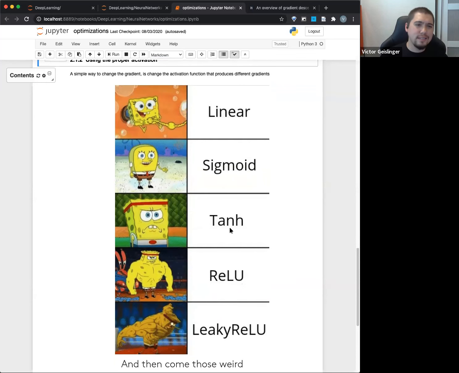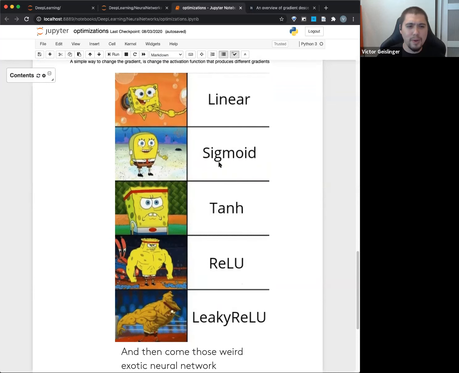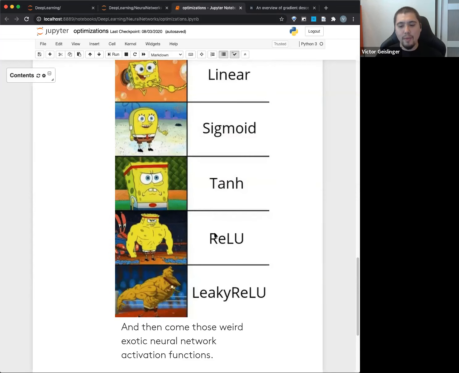You can have this. I don't want to go too much into the details right now because there's a whole bunch we could talk about. But basically, it saturates the activation. But it turns out this can actually be all right because there's some ways to get around it. So you will see people use hyperbolic tangent. You might still see people say sigmoid, but not so much anymore. It's just not considered very efficient. And then ReLU is more the default now.